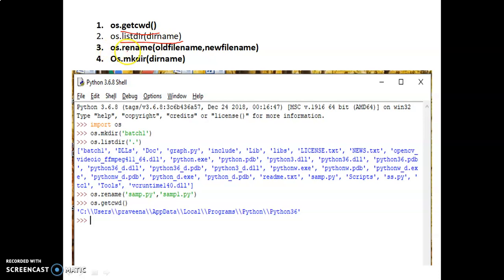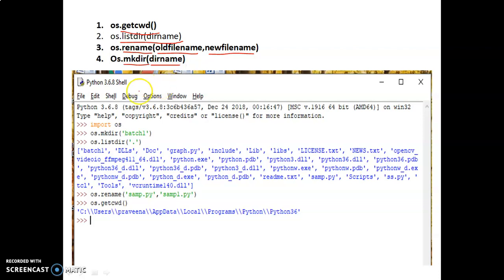Another function is rename. For this you give the old file name and new file name, so that you can modify the file name in the system. And the mkdir command is to create a directory with a required directory name.